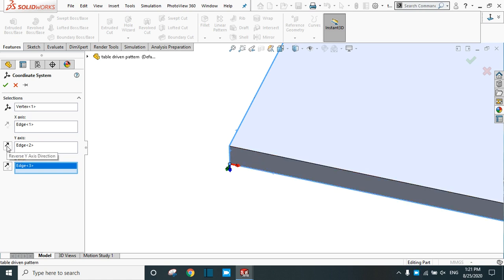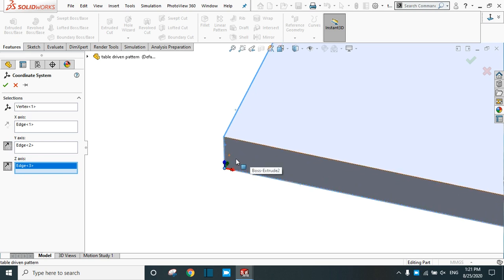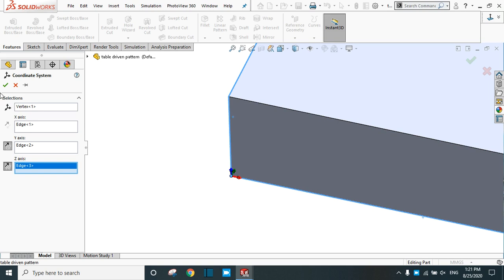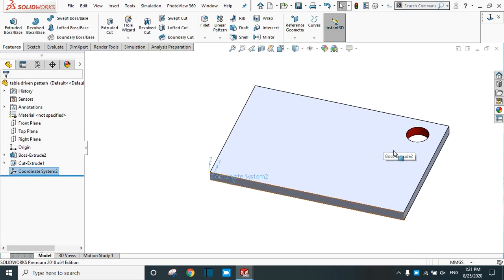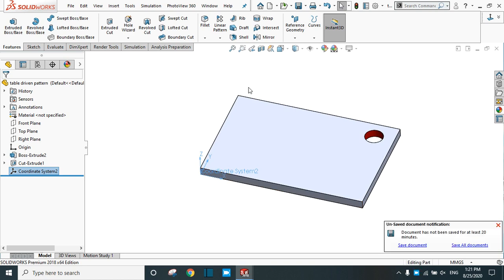You can alter any direction. I am going to create it like this. Okay. Now after the insertion of the coordinate system,